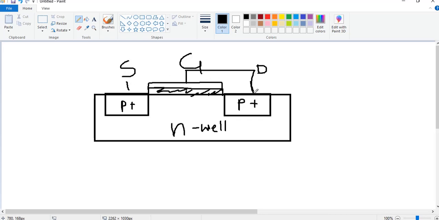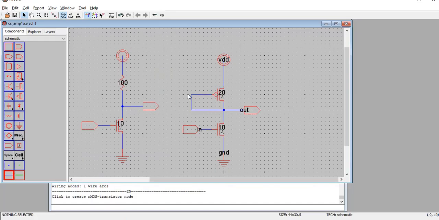The moment I short gate and drain, what is going to happen? As you can see, the charges present beneath the gate here are negative charges. Of course they will be converted into positive charges once you apply some voltage, but this is what I am going to show you before you apply any voltage. So where are you applying the voltage?